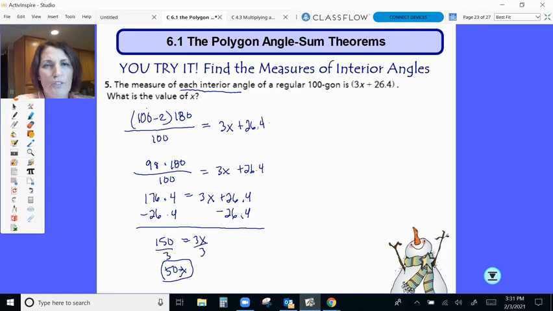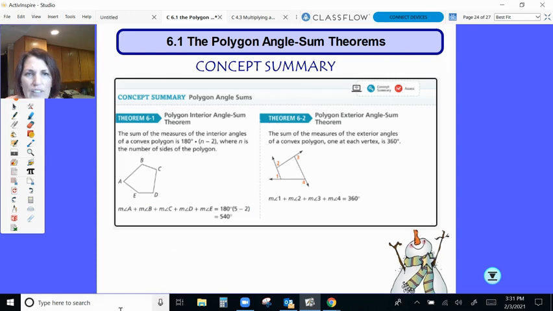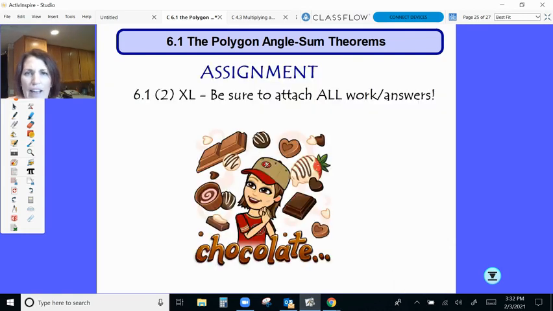Okay? So just remember your different formulas. Are we talking about each interior angle or the sum? And then are we talking about interior or exterior angles? And so watch out for that, okay? Okay, so this is kind of the summary of everything. Here's my exterior angles over here, my sum of my interior angles over here, and you all have an Excel in Google Classroom. Make sure you show all your work and